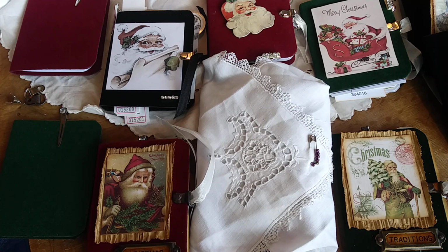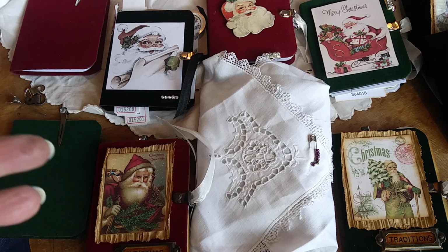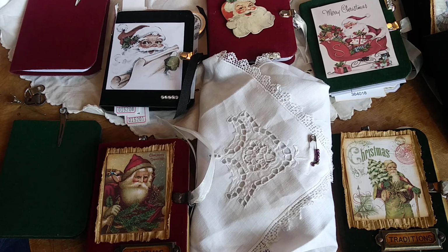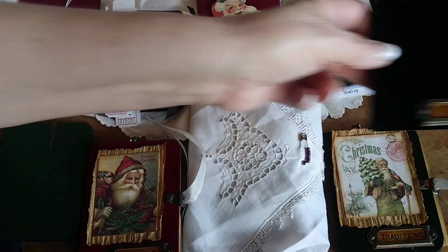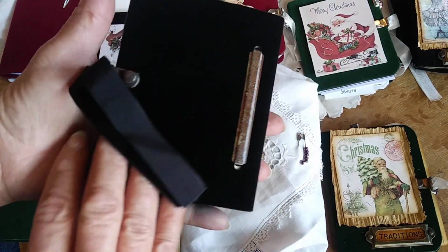I have recently added to my Etsy store, which is RustPaperScissors, a little black book that I call the perfect accessory for a junk journal, just kind of like the little black dress is your perfect accessory. This is kind of an example. It's just a small little black